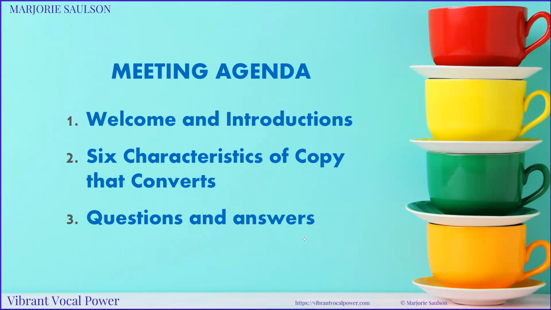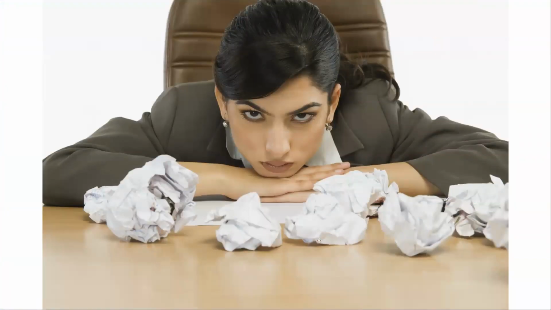Alrighty, now I'm inviting you to get out paper and pen because I'm sharing with you today six, not one, not two, not three, not four, not five, six characteristics of copy that converts. And you're not going to remember all of them. Unless you have one of those wonderful memories that remembers everything, I would suggest you get out paper and pen and start making notes. Because there you are, and you're thinking about creating some copy. Copy that will give you a talk that won't result in an audience that looks like this. Oh my gosh, what do you do?